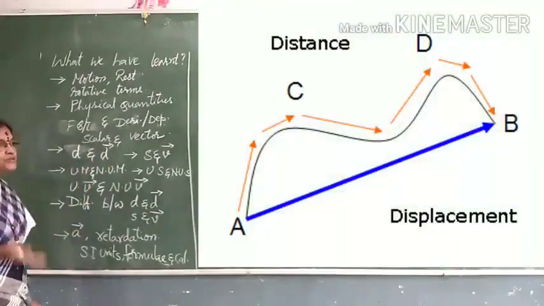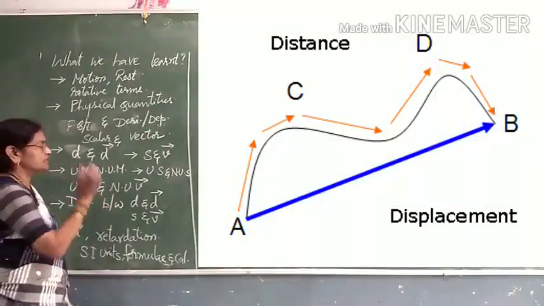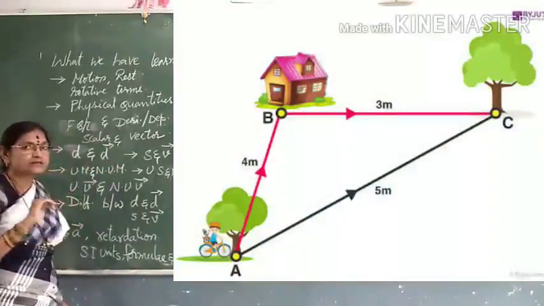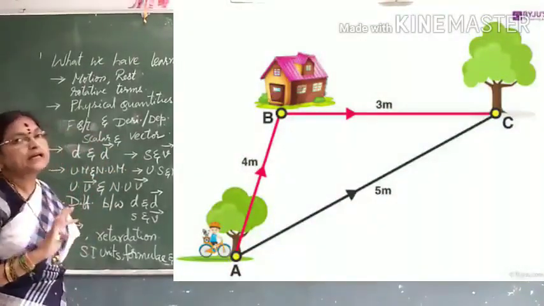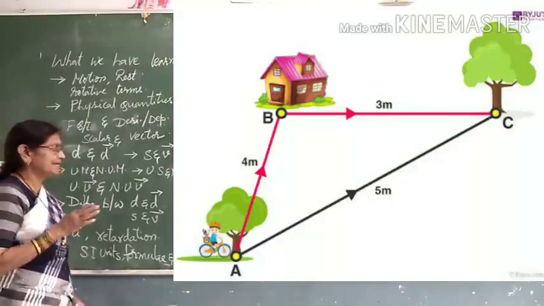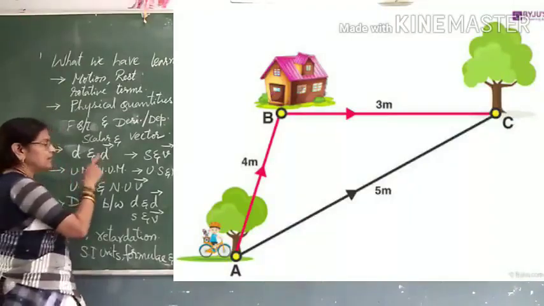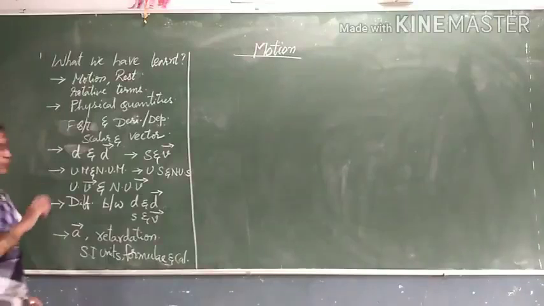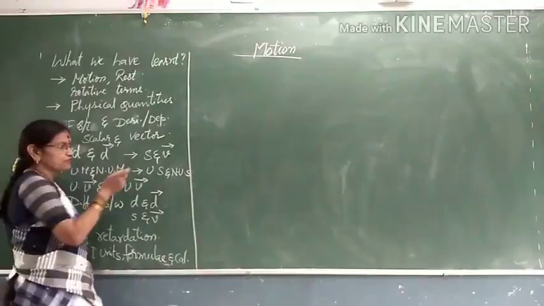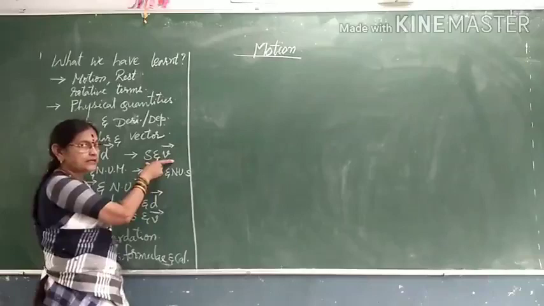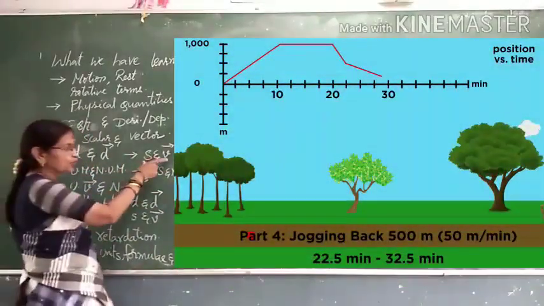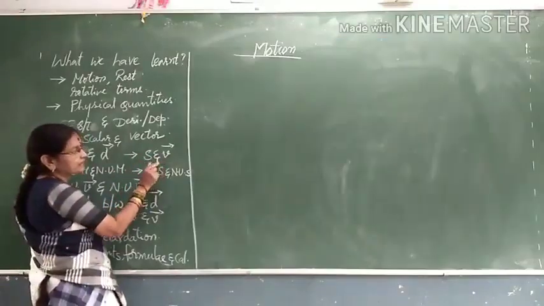In the next class, what we discussed: what is distance, displacement, how to calculate when a body is moving in linear motion or taking a linear path, and the differences also we have learned. Next, we have discussed the definitions of speed and velocity, and its units and formulae also we have learned in that class.